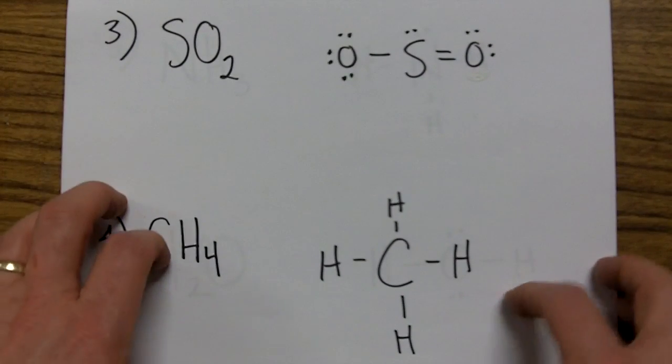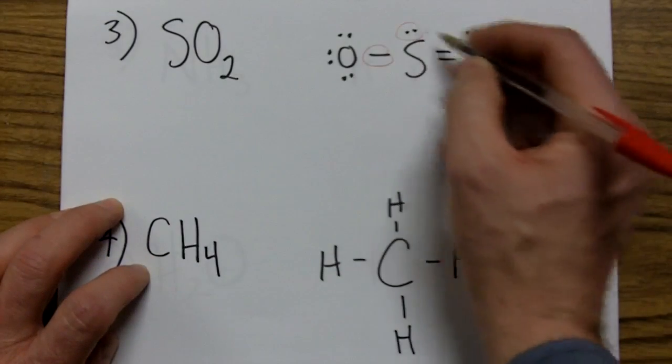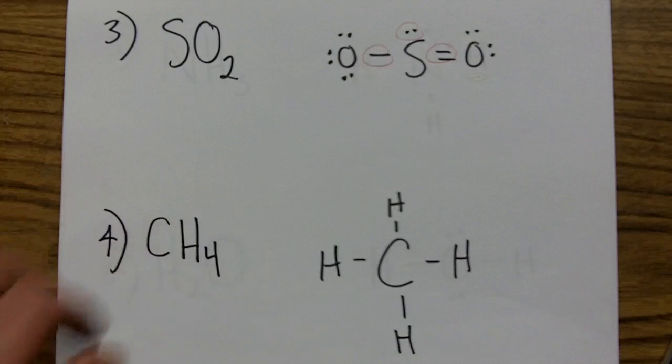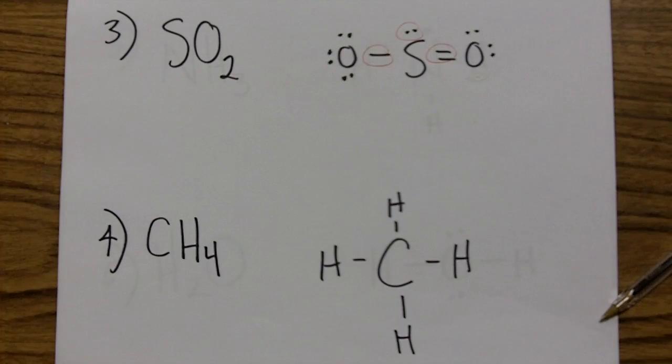SO2. If we do SO2, this is the Lewis structure. If we count pairs, there's 1, 2, 3 pairs around the central atom. And that's once again going to give us a trigonal planar